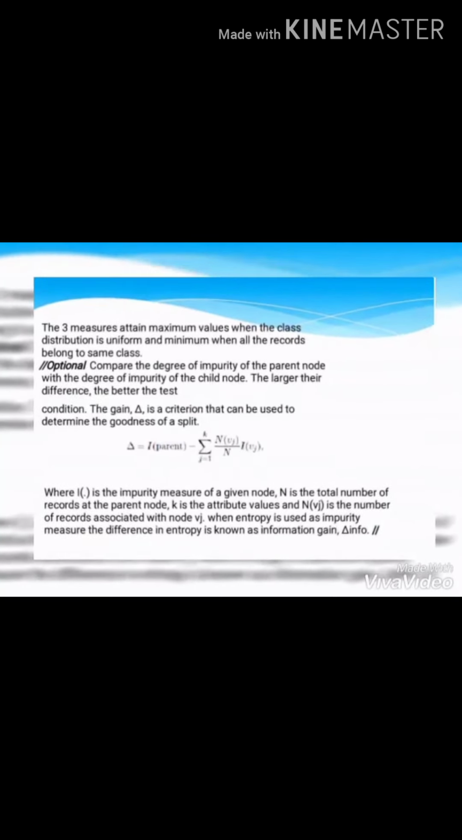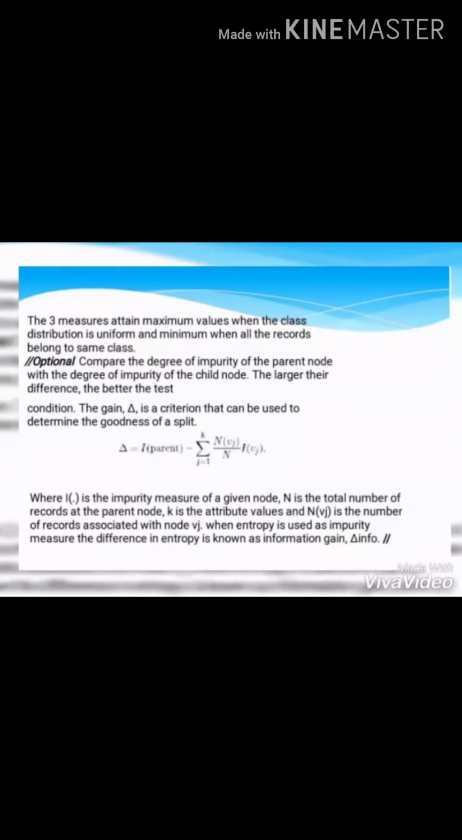Entropy(t) equals minus the sum over i equals 0 to c minus 1 of p(i|t) log p(i|t) to base 2. Gini(t) equals 1 minus the sum over i equals 0 to c minus 1 of p(i|t) whole squared. Classification error(t) equals 1 minus the maximum of p(i|t). The three measures attain maximum values when the class distribution is uniform and minimum when all records belong to the same